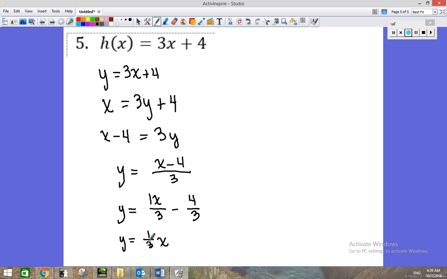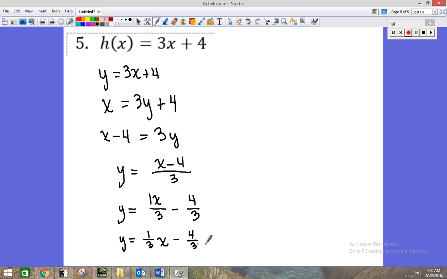The reciprocal of 3 is 1/3, and now you can recognize really quickly that this is also a line, that this is in slope-intercept form, that the slope is 1/3, the y-intercept is